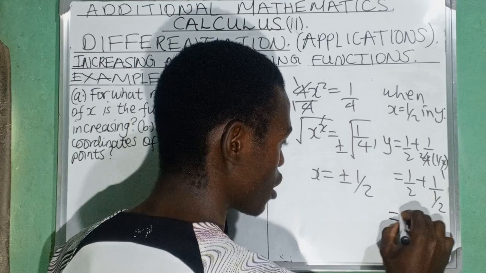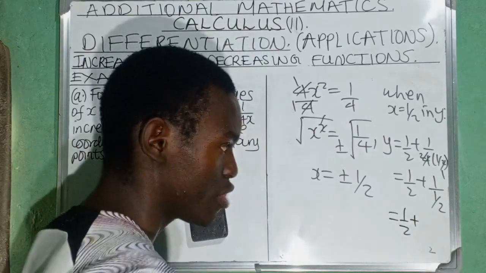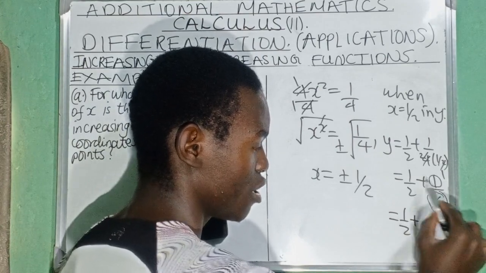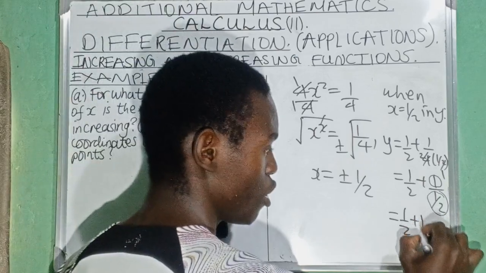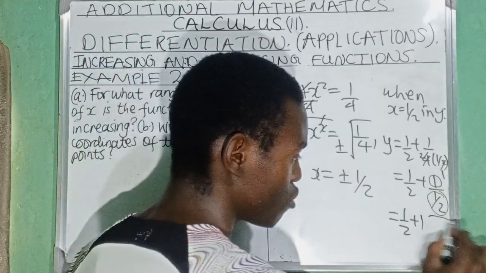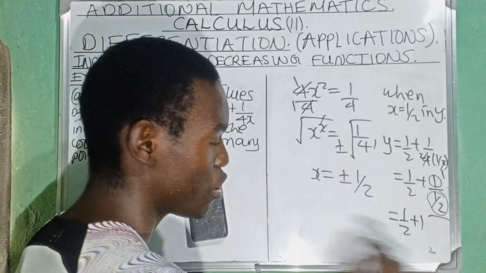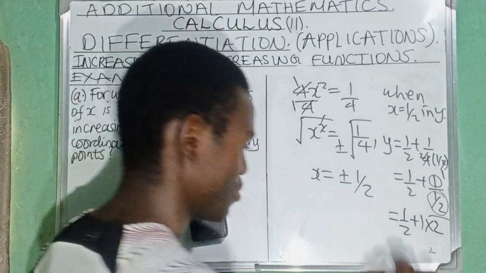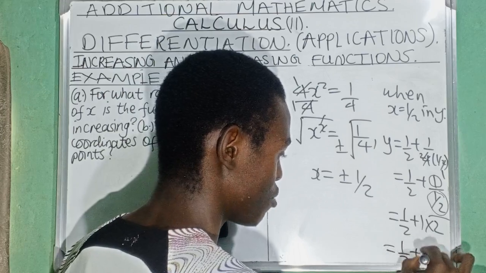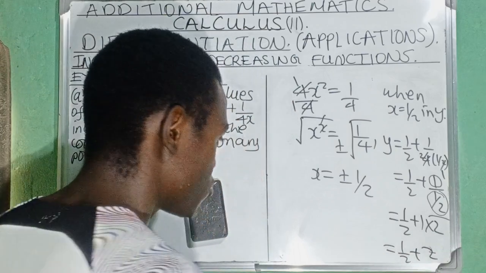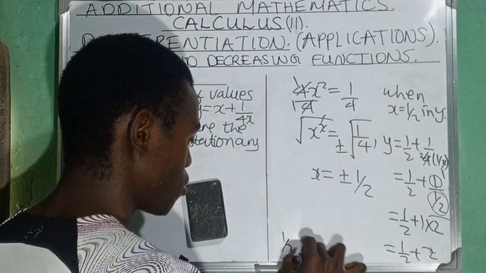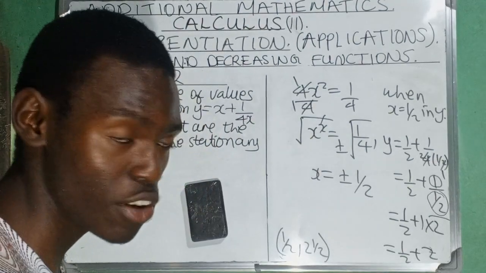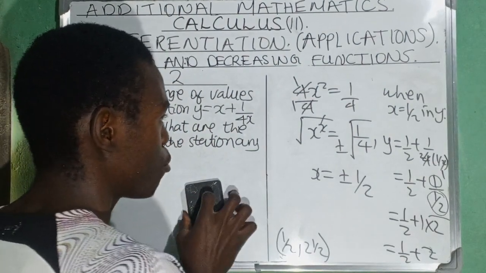To simplify a complex fraction, you get the numerator, which is a 1, and you multiply by the reciprocal of the denominator, which I've circled. The reciprocal of 1 over 2 is just a 2, so it's the same as saying 1 times 2. So it's going to be 1 over 2 plus 2, which is 2 remainder 1 over 2,